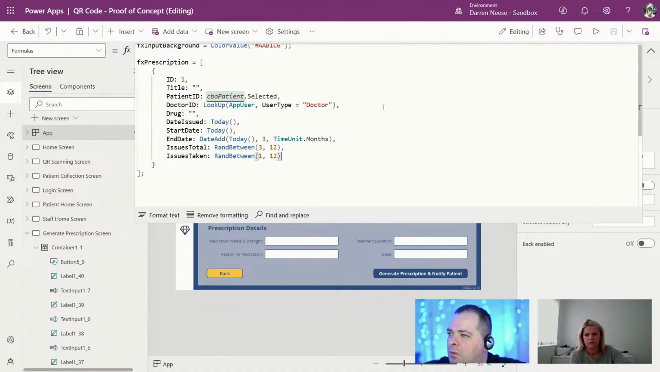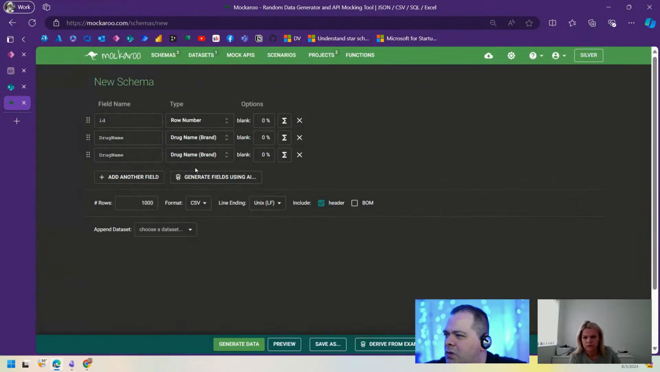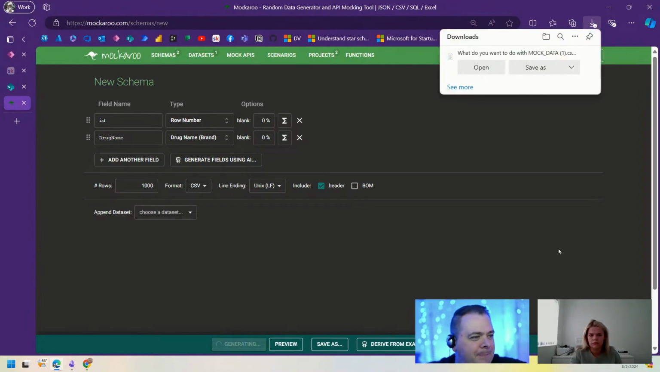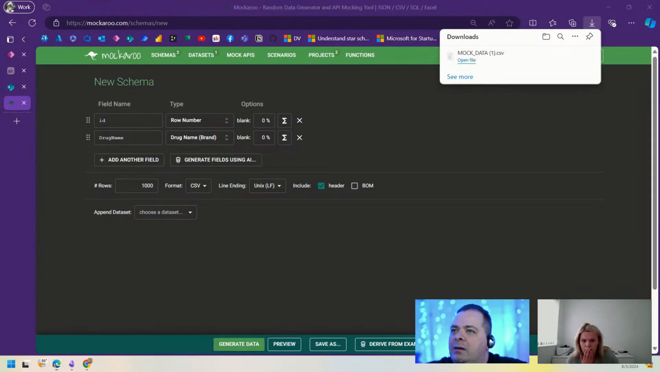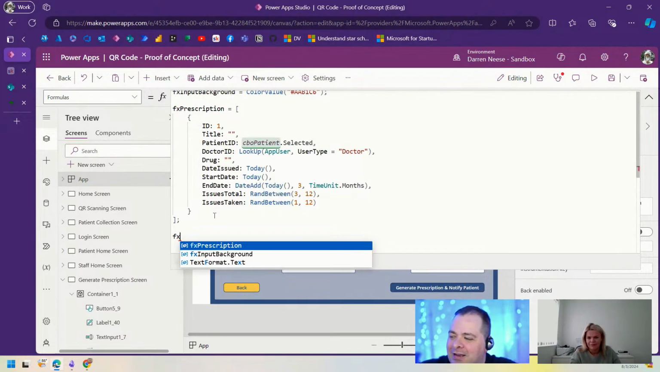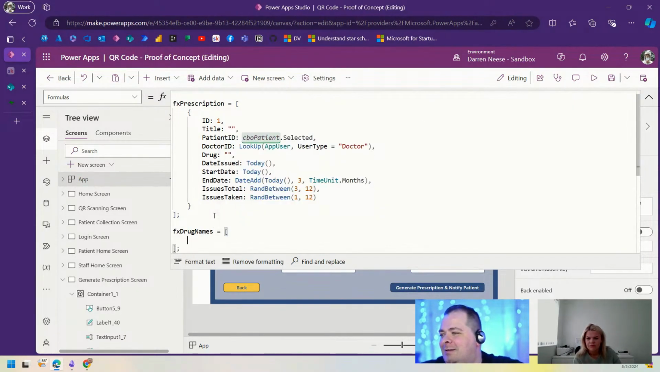And then what I want to do is make sure I've got some good drug names. So what I'm going to do is I'll take out that field and let's generate some data. And I'm going to open that. I wonder what app it's going to open it in. Okay, this is good. All right, it gave me 1,000 drug names. Okay, so I'll say FX drug names